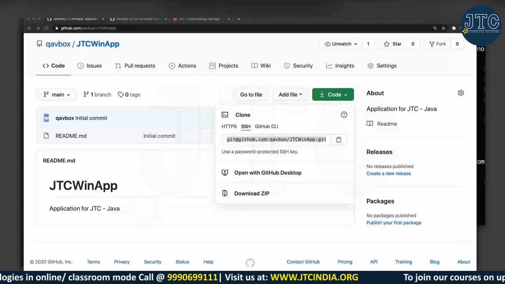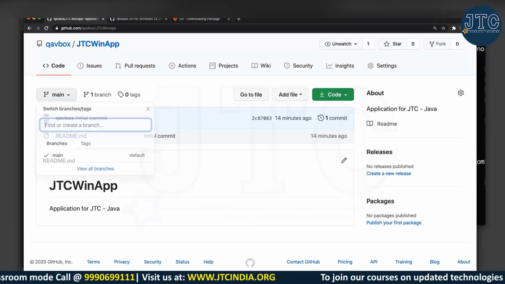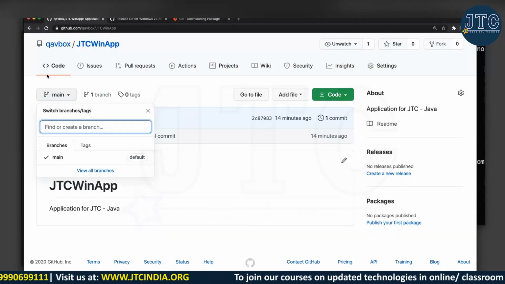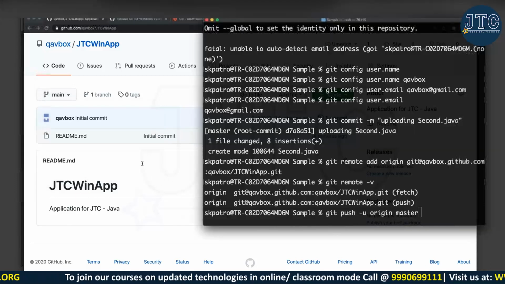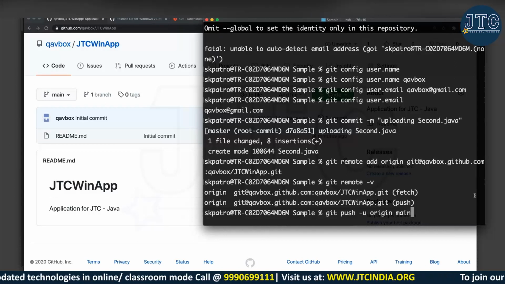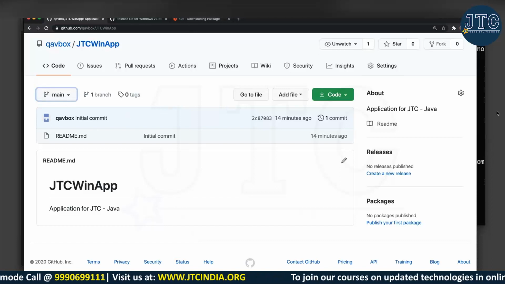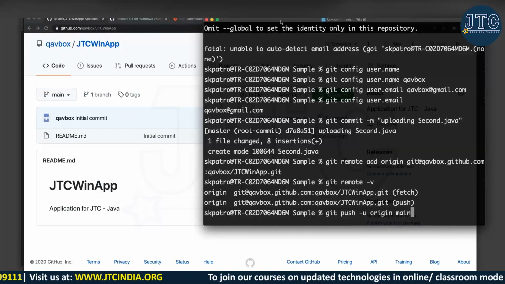How do I know? If you go here, you can see the main branch. Oh, okay, they renamed this one as main, but we still call it the master branch. Or else if they're saying why can't I change this one, I can make it, because all the new repos are now being renamed to main. All existing branches are still master only.